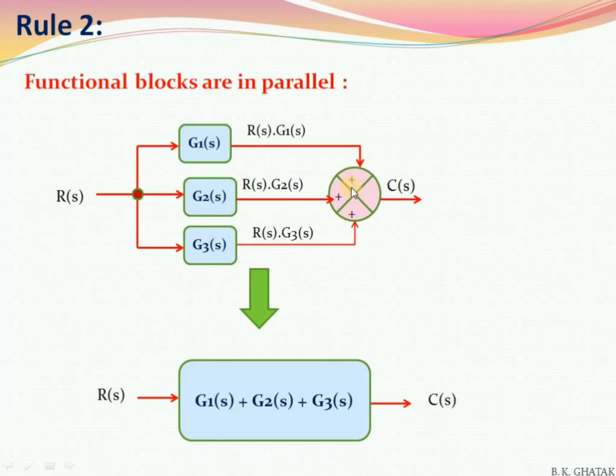Clear? So the output is what? Output CS is equal to RS G1s plus RS G2s plus RS G3s. So we take a common RS. Clear? So we get G1s plus G2s plus G3s as a combined functional block. So RS is the input and we get the functional block G1s plus G2s plus G3s,